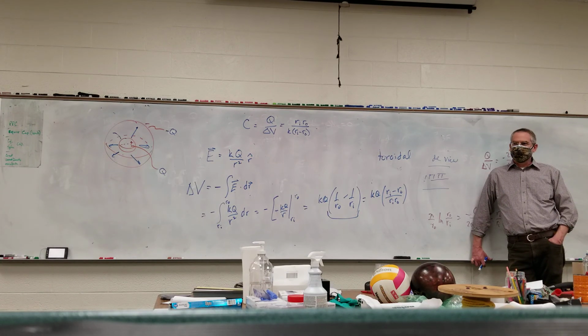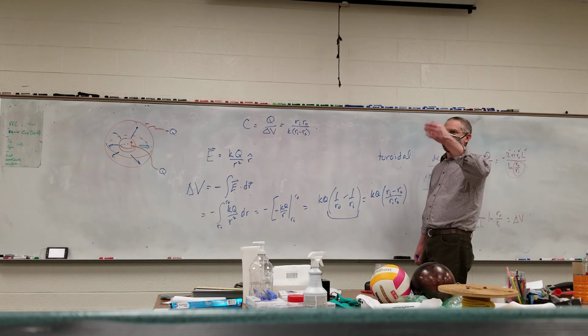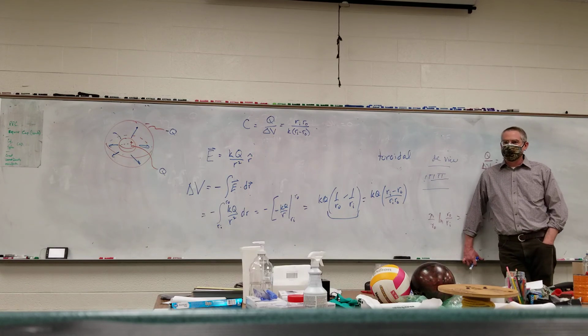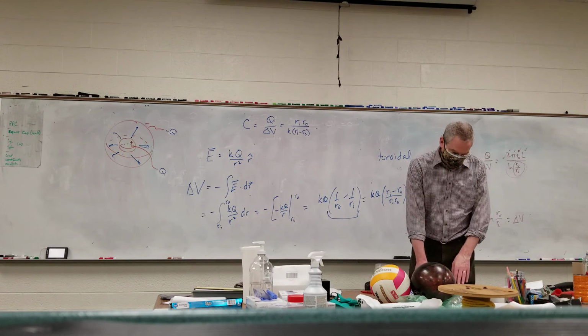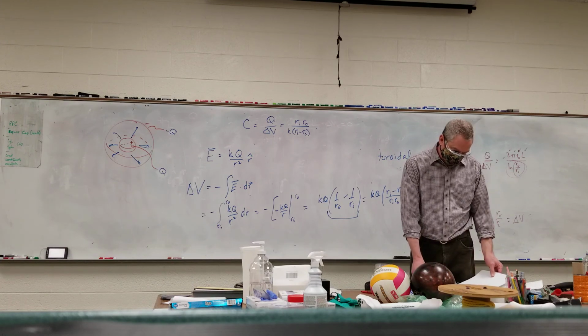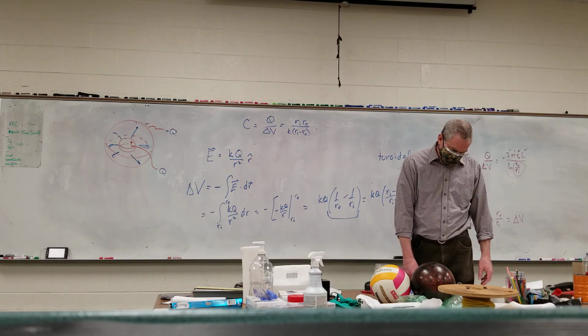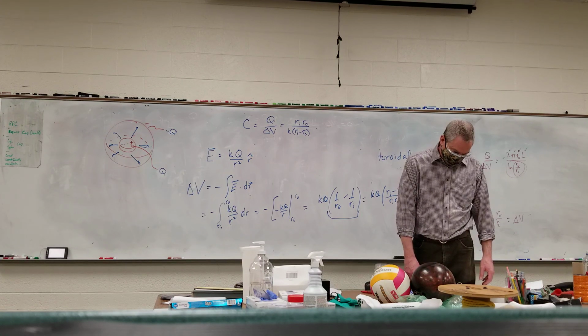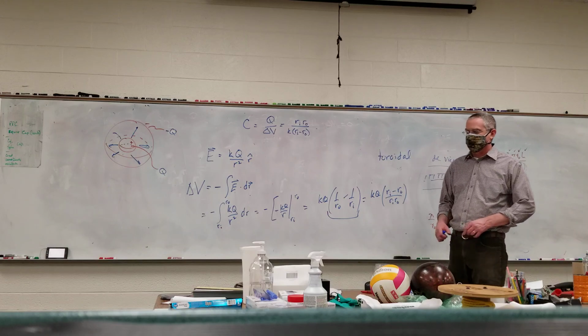So what does that look like? Toroidal? Yeah, it's like a donut. Why they don't call it donut shape, I don't know. To make it easier on you, you could just call it a donut. Yeah, the donut capacitor. Yeah, so basically, think of the cylindrical capacitor. I was trying to remember